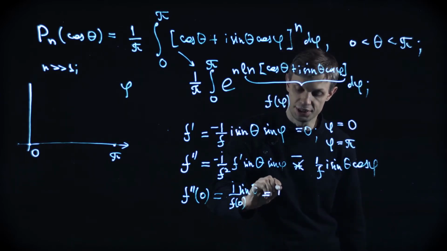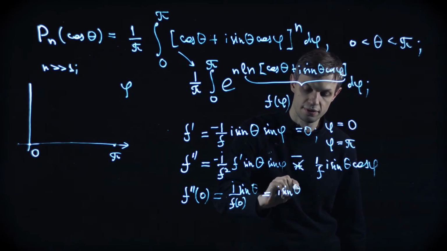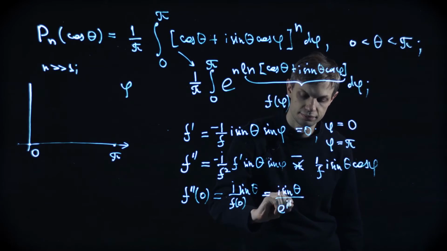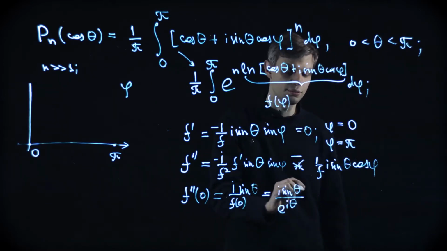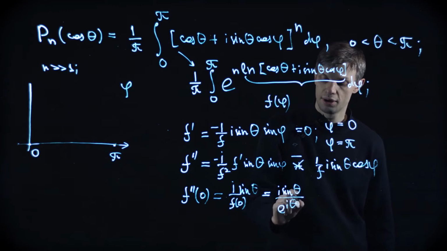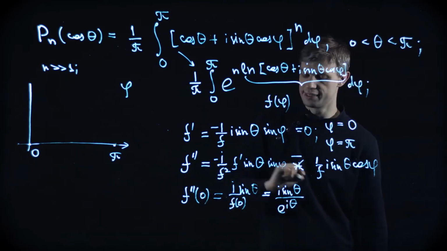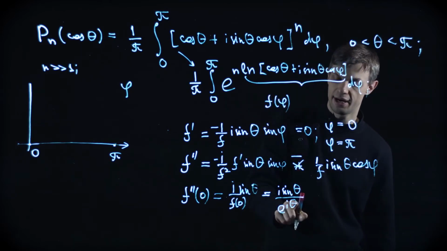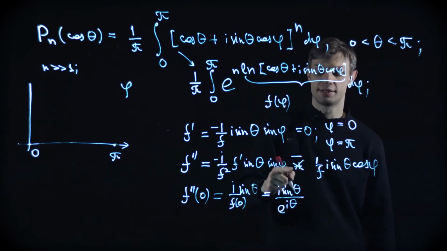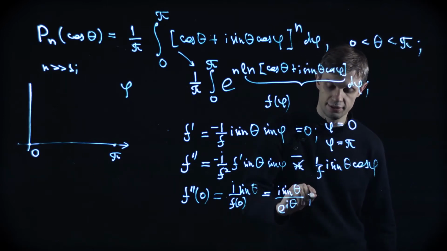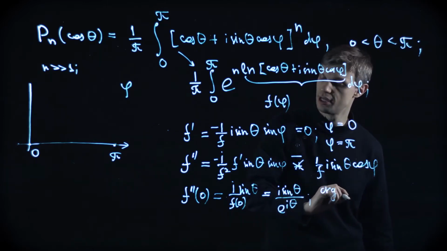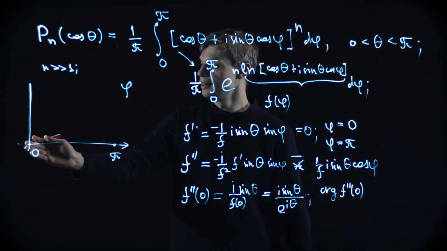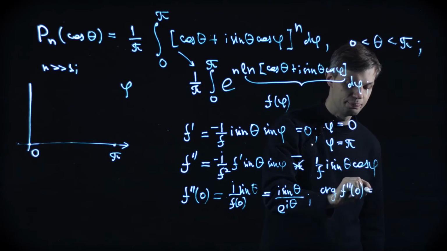So here is our expression for the second derivative, which is quite nice looking, because now we see that the argument of our second derivative is the argument of I, which is pi by 2, minus the argument of this exponential, which is theta. So now we have this final expression: the argument of f prime prime at the left saddle is simply pi by 2